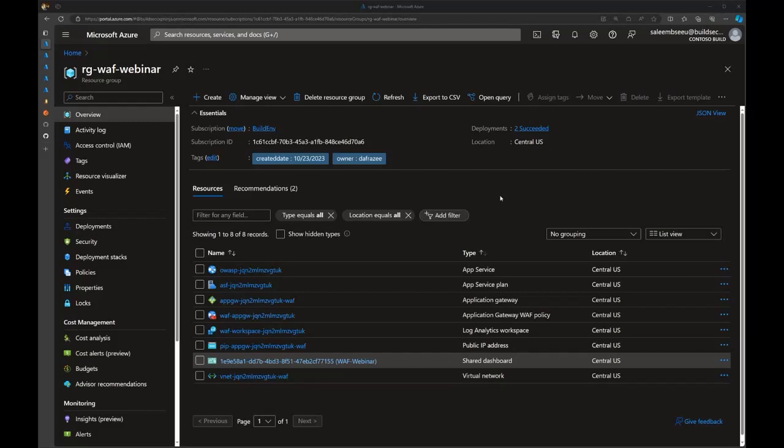WAF rate limiting. Before starting, some idea about the setup: we have this resource group, which I'm going to use for our setup. You can see we have the first Application Gateway. Then we have the WAF policy, which is attached to this Application Gateway. The logs we're going to send to a Log Analytics workspace. We also have the public IP, which is attached to our Application Gateway, the VNet, and of course the